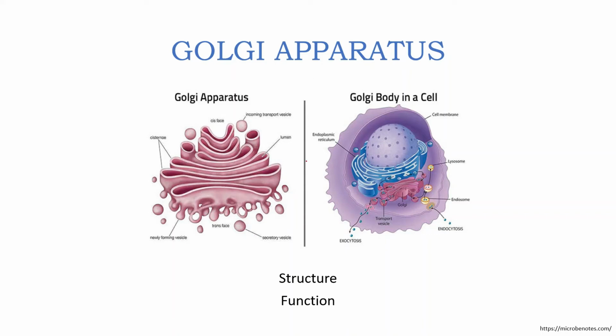Good morning, everyone. So, this is the fourth lecture in the CSIR Net Life Sciences series. We are still on Unit 2. Earlier, we've covered the cell wall, the rough endoplasmic reticulum, and the smooth endoplasmic reticulum. Today, we are going to study the Golgi complex. We'll be dealing with its structure and its function.